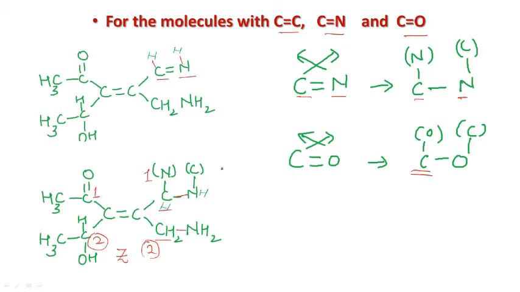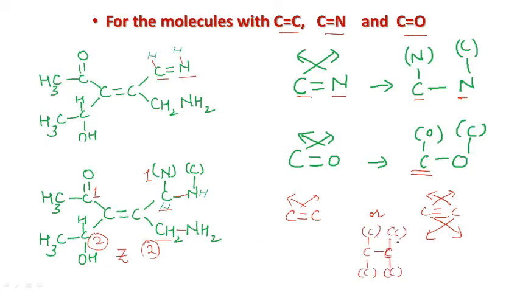If we are having C double bond C or C triple bond C, then we can do the same for double bond, and this is for triple bond. Here this C is attached to 3 different carbon atoms, as I can write down over here. So this carbon is attached to 3 carbons, and again this carbon is attached to 3 carbon atoms.